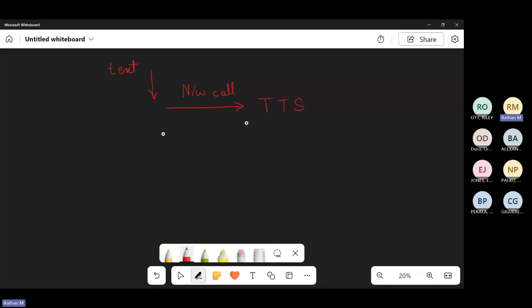Text to speech. After performing text to speech, we'll get a response. After getting a response, we'll go ahead and store that detail in the database. Again, the database is a local call or network call, could be anything. Either way, it has to wait till the database sends a response after sending a request, and then it goes ahead and provides the response, which is audio, back to the user. So this is the process we are performing.